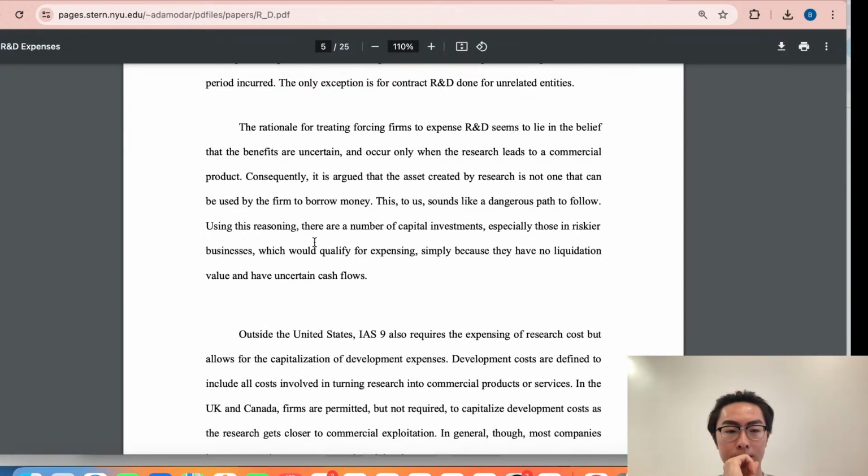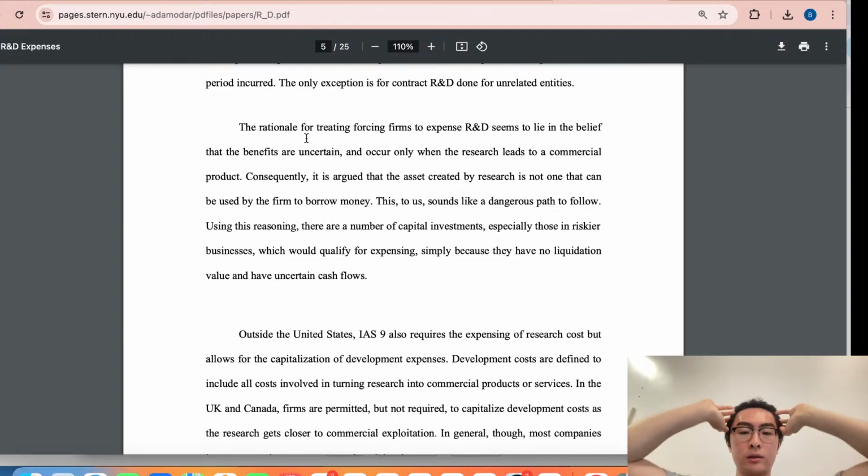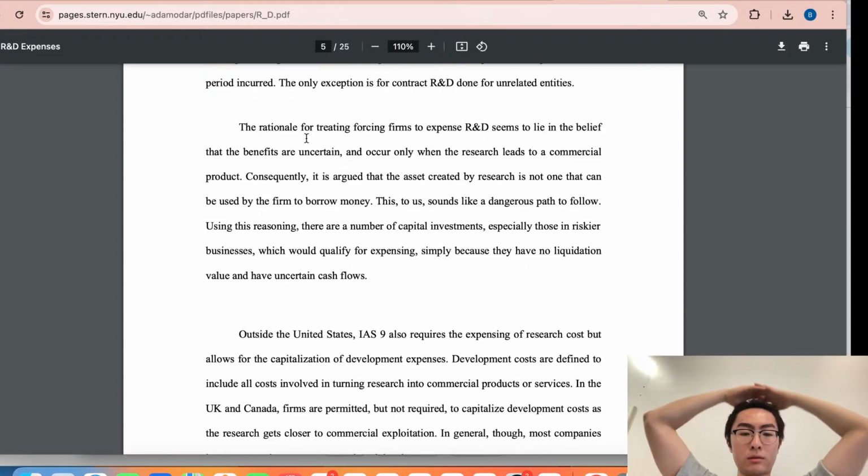I mean, you and your brother also have a relationship, but I feel like yours is wholesome, whereas theirs is much more kick. Forcing firms to expense earnings seems slightly off. I realized we were just standing, and I was like, oh, it's not one that can be used. Josh, are you